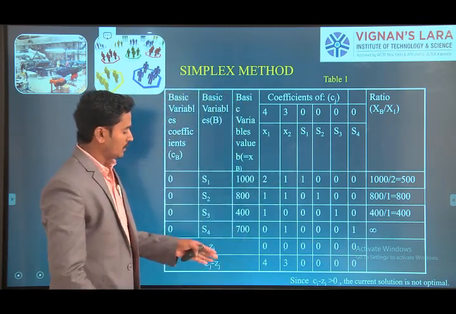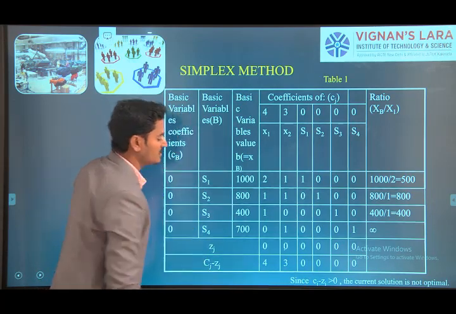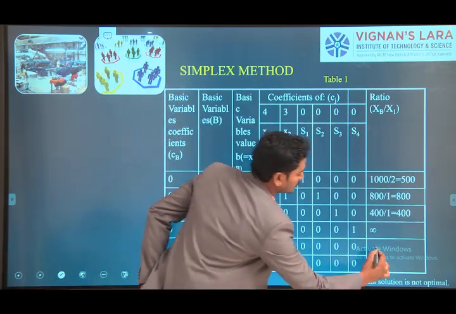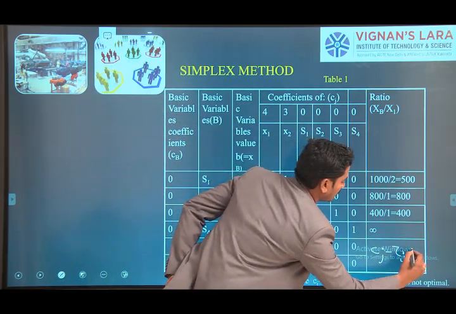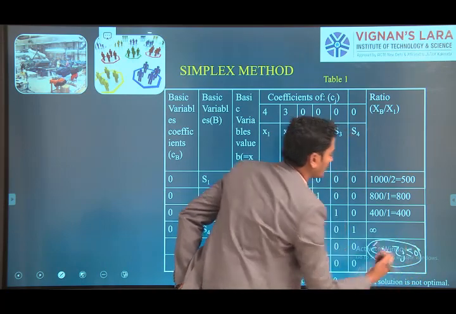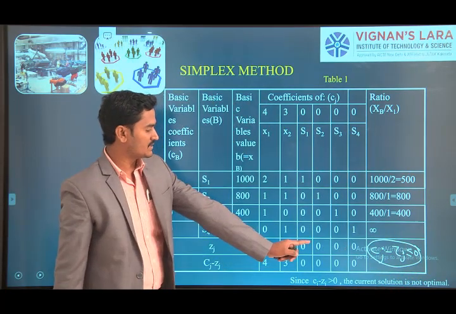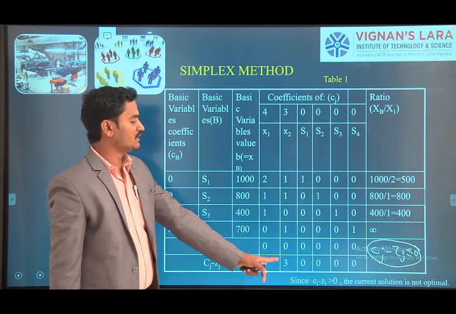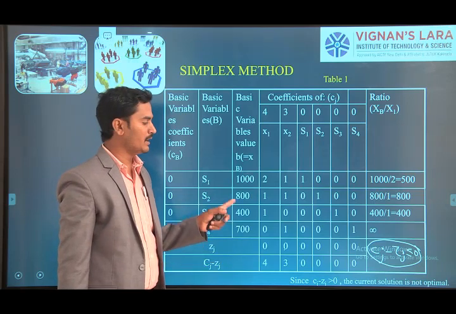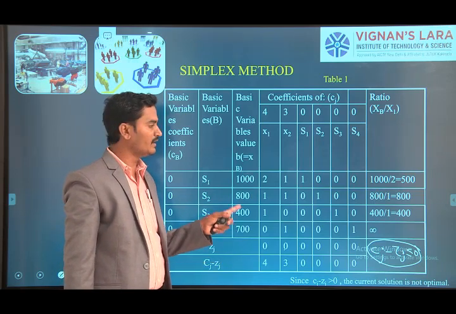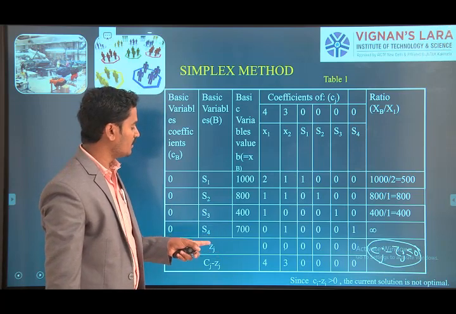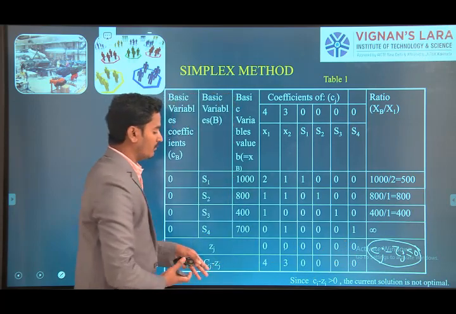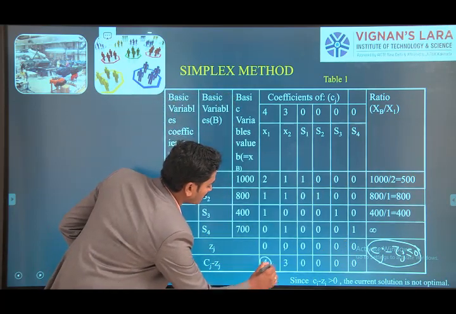Now, since all the Cj minus Zj values are greater than 0, what is our case? We require Cj minus Zj less than or equal to 0. If we satisfy that, we stop the problem. But here we do not, so what is the rule? We do the next iteration to develop the basic feasible solution by identifying the key column, key row, and key element. How do we identify the key column? From Cj minus Zj, we take the column with the maximum value. Where do we have the maximum value? Here. This one is the maximum value.